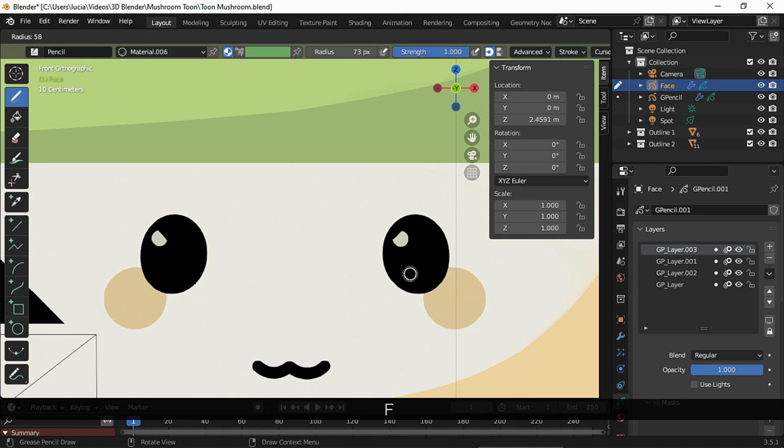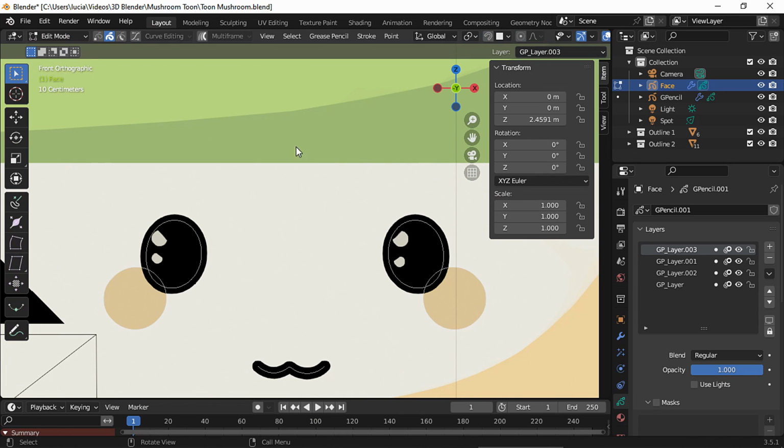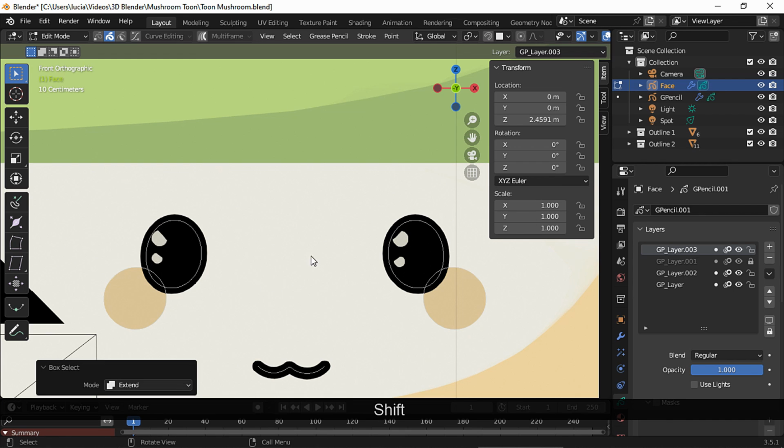Decrease the radius and draw 2 more dots. Lock the eyes layer so we can easily select the highlights only and move them forward a bit.